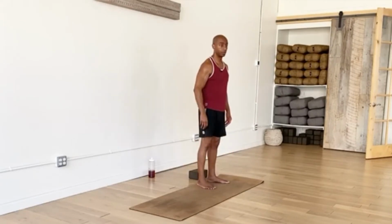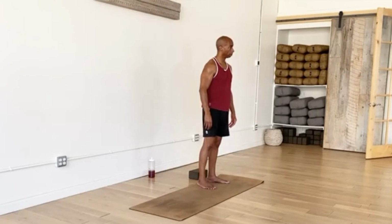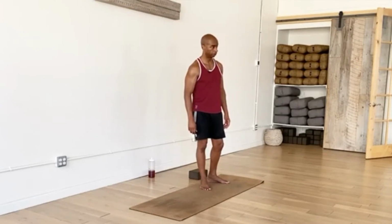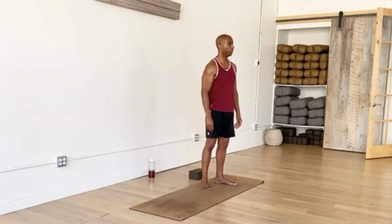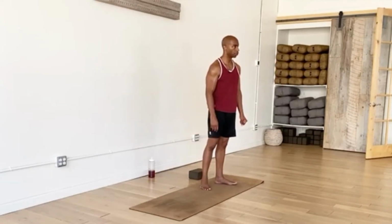Ending in downward facing. Let's inhale, take right leg up behind you. Hold on the exhale. Just keep these straight lines. So strong hands rooting into the earth, strong straight arms, lengthened torso, and that straight leg behind you. Reach. You might even feel your left heel press towards the floor. It may not touch the floor, doesn't have to, but you might feel a little extra length and stretch. Okay,